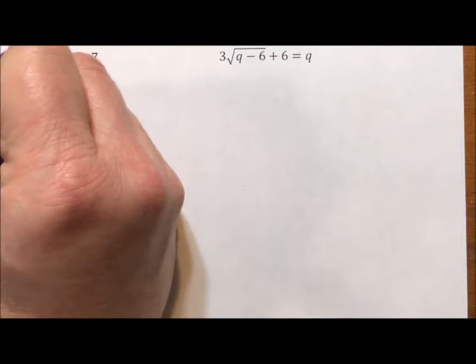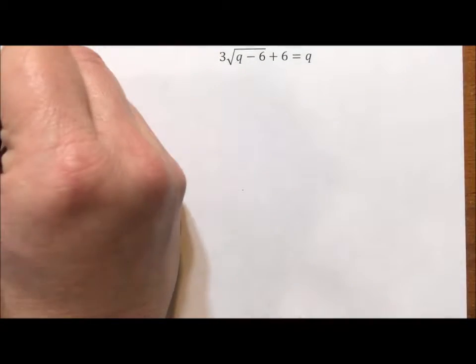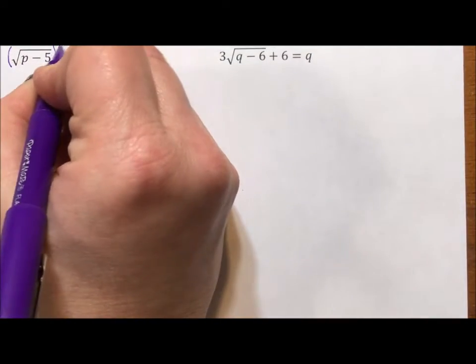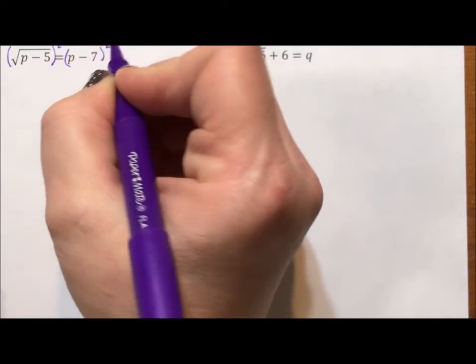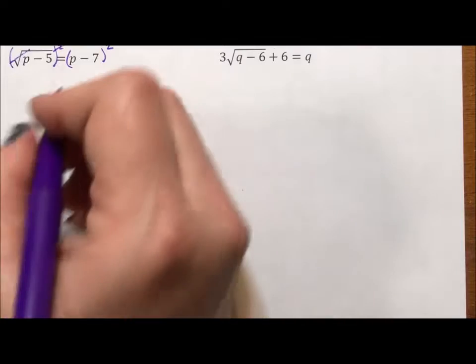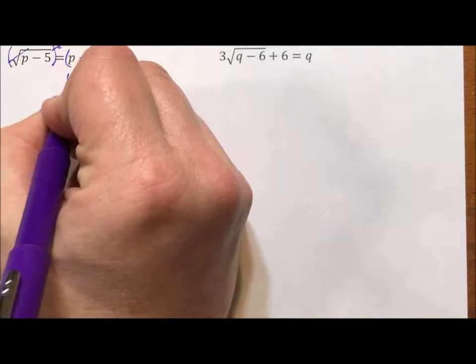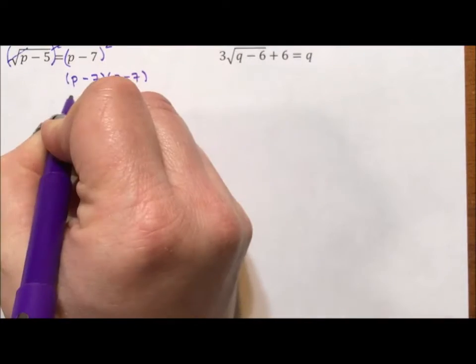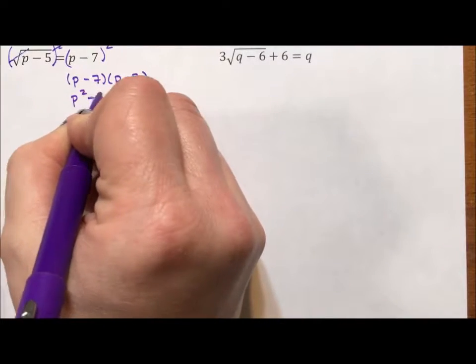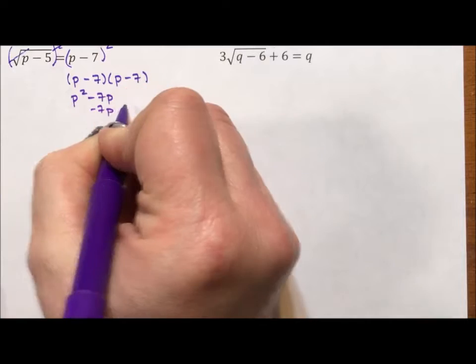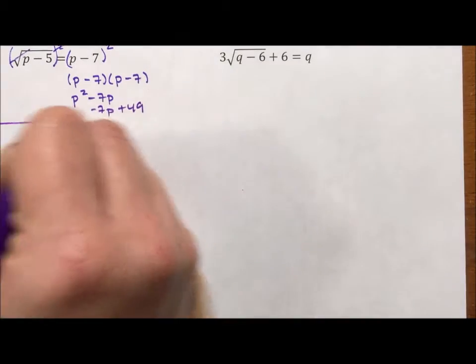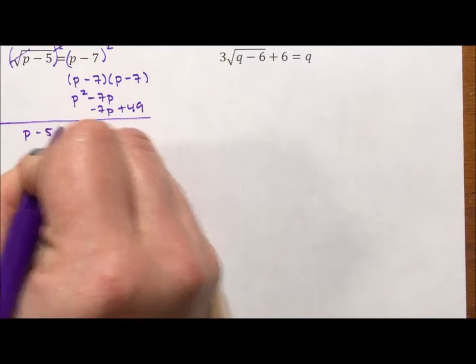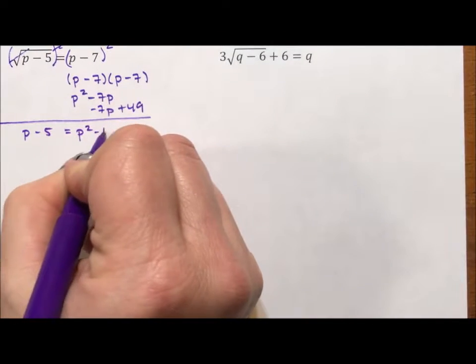The square root in this first problem is already isolated, so I can immediately square both sides. On the left-hand side, the square root and the square cancel. But on the right-hand side, don't distribute that 2 in. This is p minus 7 times p minus 7. When I expand this out, p squared minus 14p plus 49, I get p minus 5 equals p squared minus